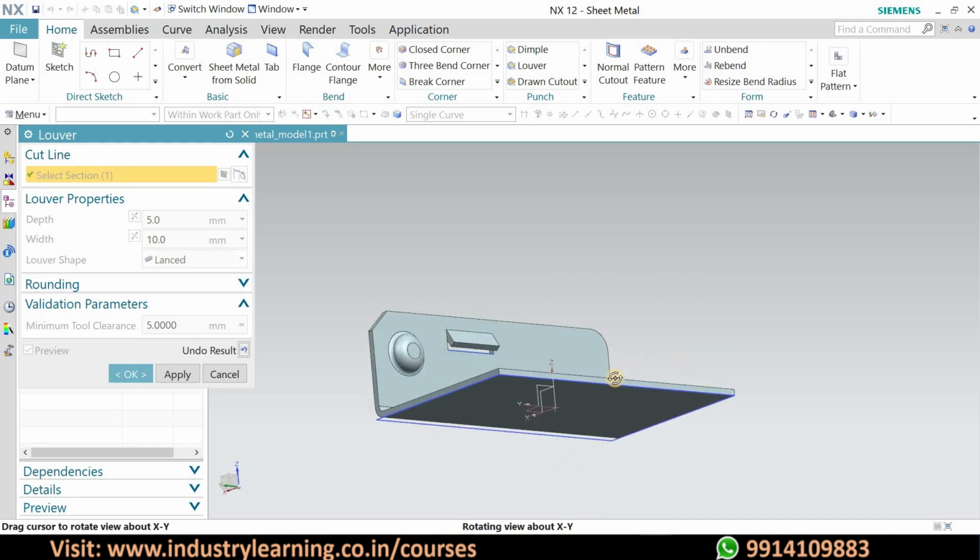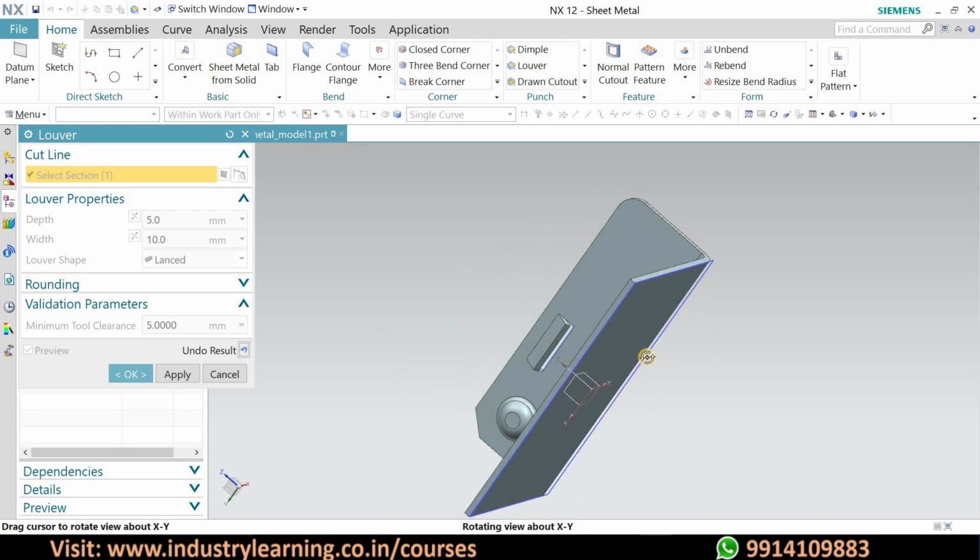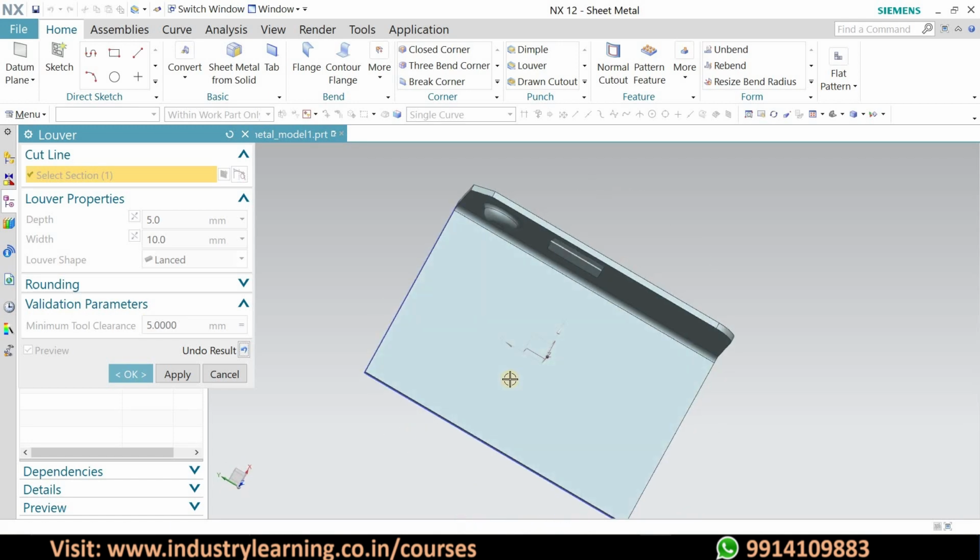You can see louver has been created, and now we will make another louver at this also, so that you can understand this better.